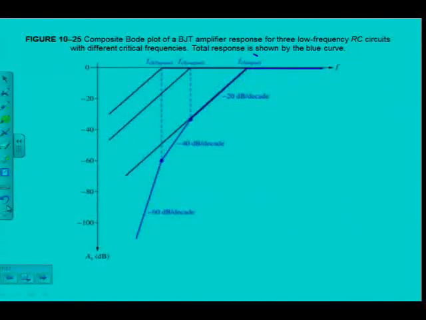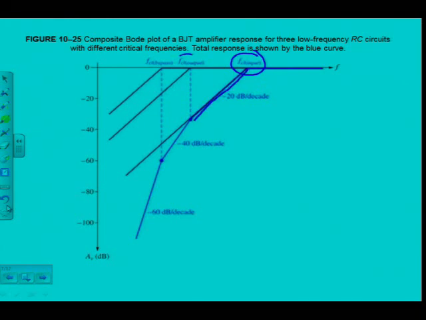You can see here, remember in the low frequencies case, here's the critical frequency. One of these, whichever one is the largest, is going to be the dominant critical frequency. That's when we're talking about the low frequency side. Of course, it's going to be the opposite on the high frequency side. We're talking now low frequency side. So that's going to be the dominant critical frequency, and you can see that it rolls off at minus 20